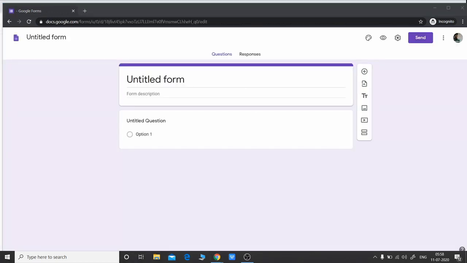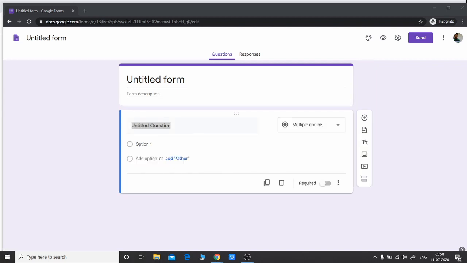Once we are signed in, Google Forms will provide us with a basic template, right? An example form. So let me give you an introduction to the layout. The first tab that is open is the questions tab, where you can put in the form title and a description. A basic theme is given, which is a sort of purplish theme, right? And a sample question is there, an untitled question which is of multiple choice type. We'll talk about it later on.